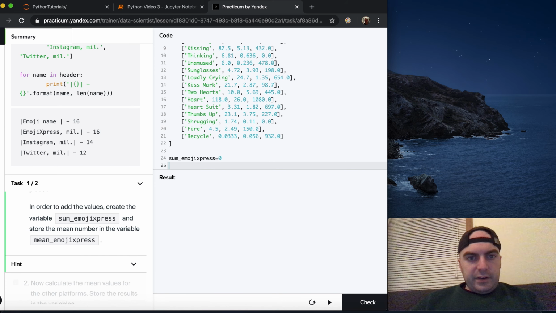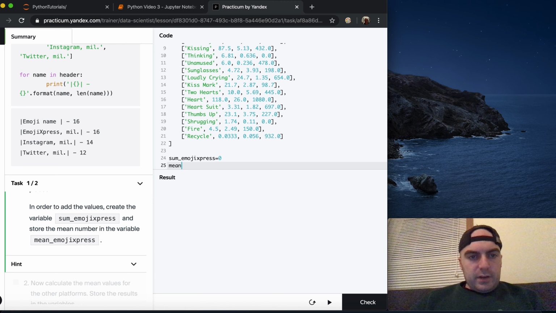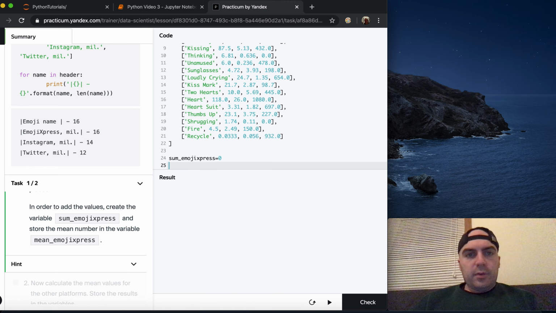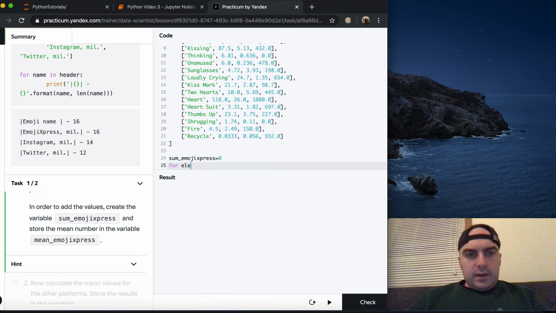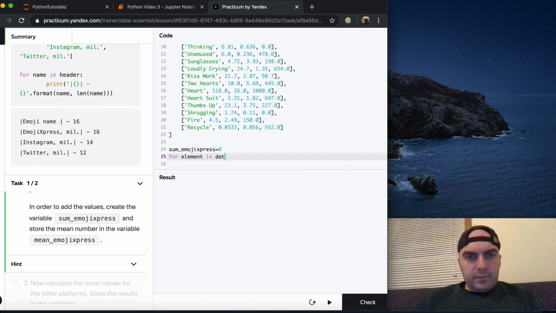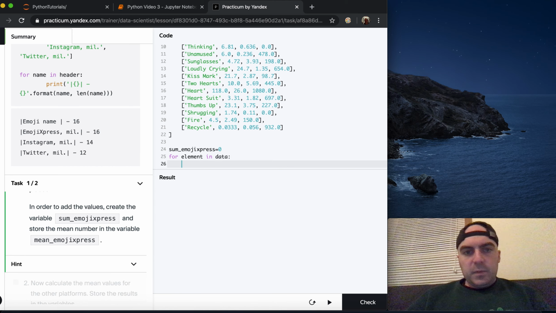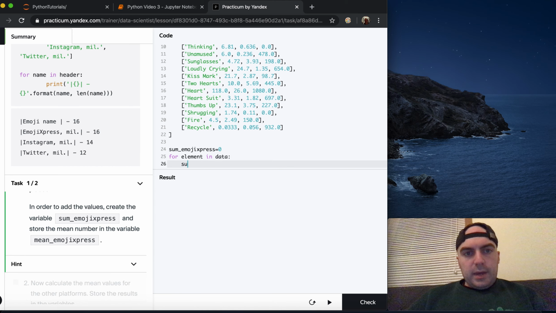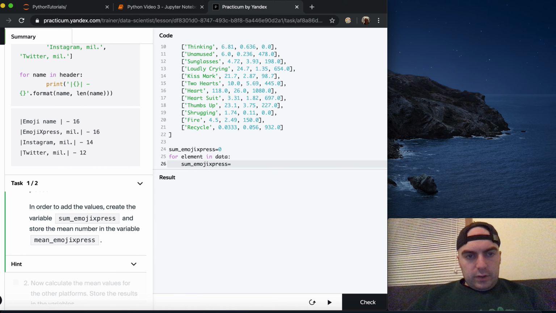That's going to be equal to 0 initially. And we have mean, well, I guess we can calculate that at the end. All right, so we have for element in the list, which is data. For each element in the list, we're going to make the sum emoji express equal to